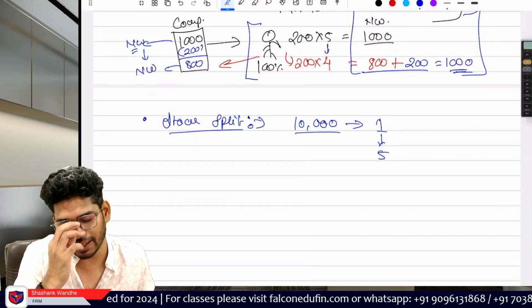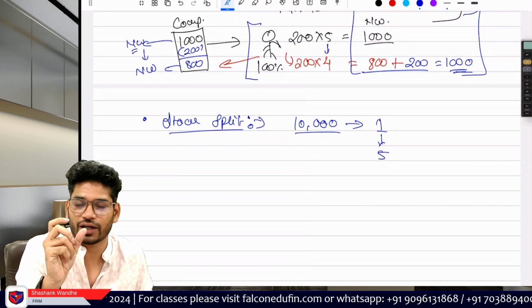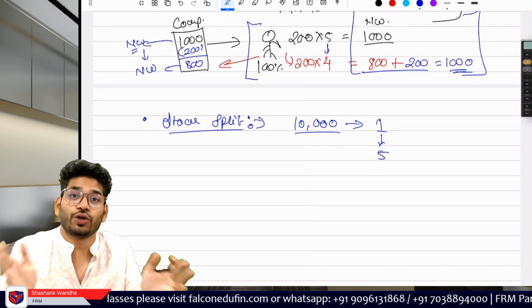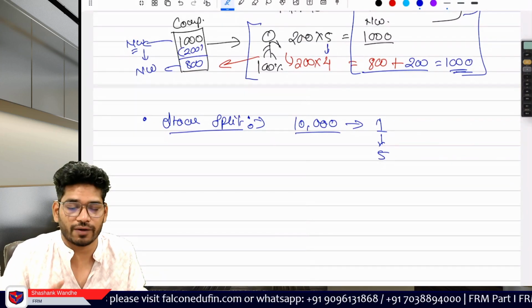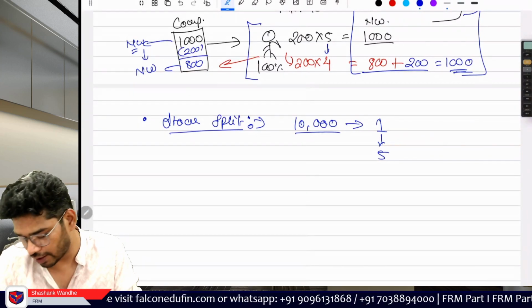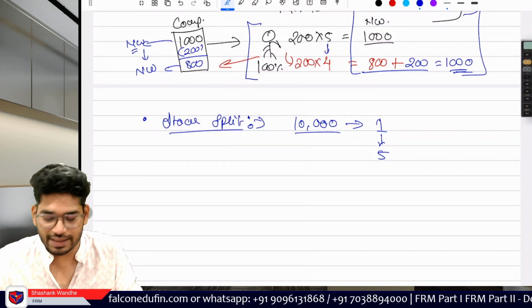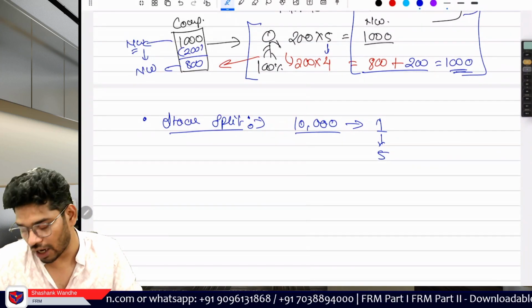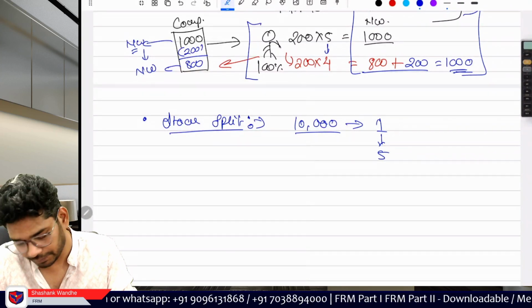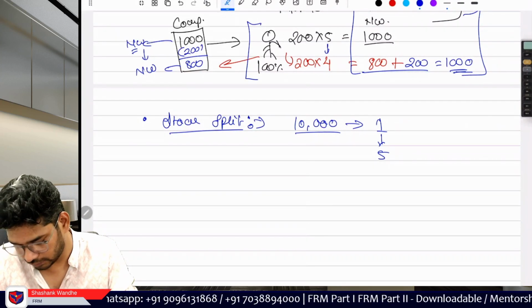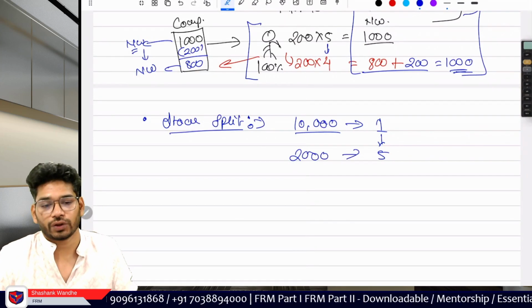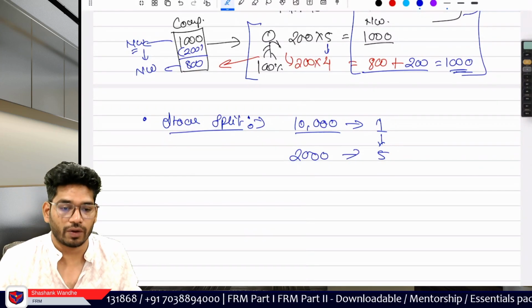So think of it like, say, one share is just the envelope where you have $10,000. Okay, and then you split it into 5 envelopes. You keep all the 5 envelopes, no problem with that, but now it is in 5 envelopes. So your net worth is still the same, but the value of every envelope is now lower. So it will be 2,000 per share. Okay, so the investor's value won't be affected.